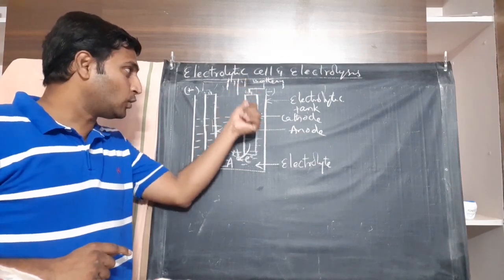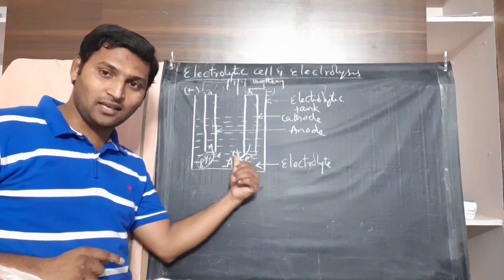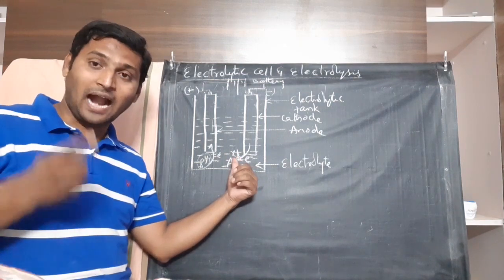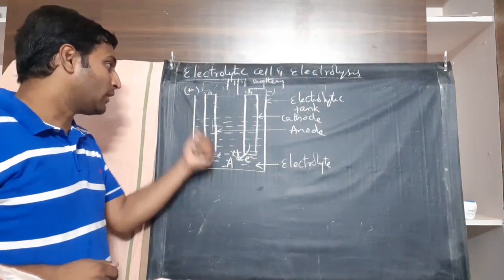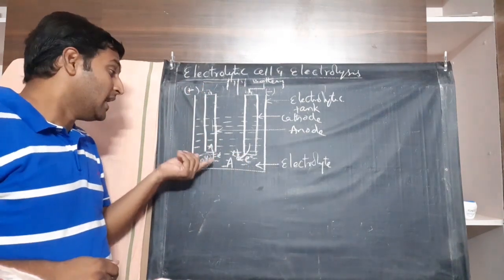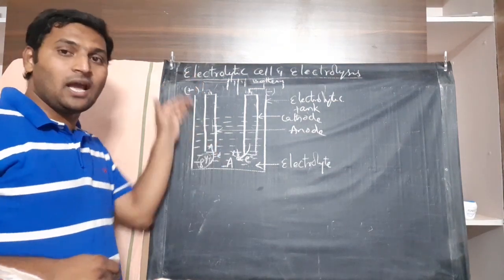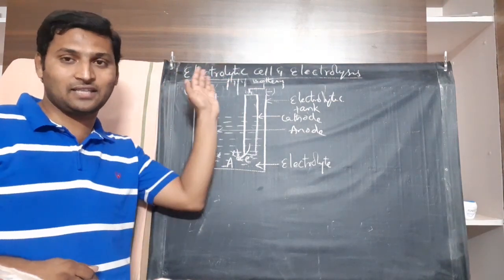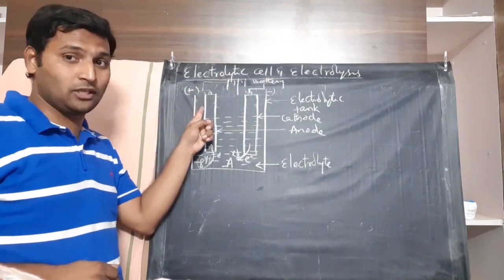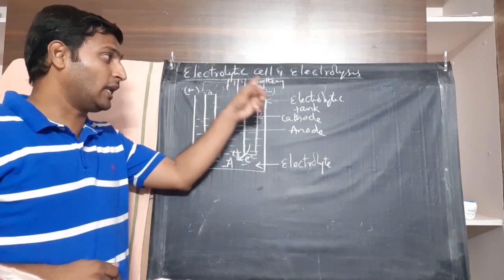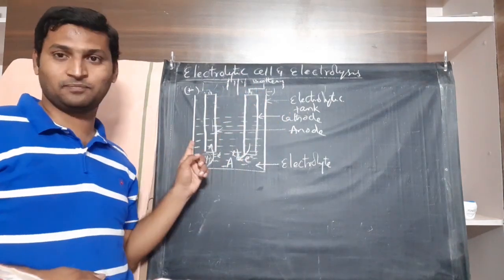Now, because cathode is connected to the negative terminal of the battery, electrons are entering the electrolyte at cathode and helping the reduction to happen. Whereas, since anode is connected to the positive terminal of the battery, those electrons which are produced at anode are being attracted by anode, and the electrons are leaving the electrolyte. So, because it is connected to the positive terminal, anode is positive here. Because it is connected to the negative terminal, cathode is negative here, and charges are deciding the reactions.